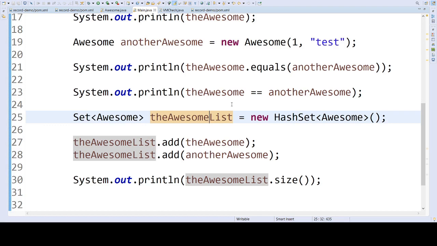Plus, it's easier to reason about. When you see a record, you know what you're getting. You're getting something that is immutable. You know that you can just safely publish it if you want to, that you can equals and hashCode it, and it's going to work the way you think it's going to work. Lombok does not guarantee you that, because with Lombok you just get a class, and if you're not familiar with Lombok, it could be anything.